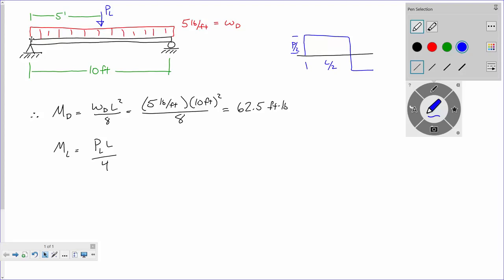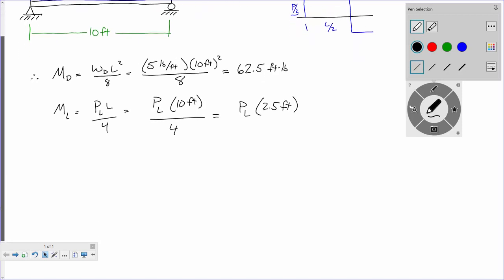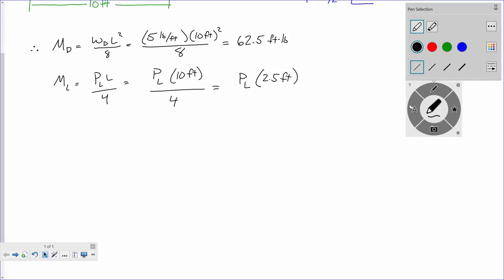Okay. So that is P_L times 10 feet over 4. Maybe I should write that in a little bit more of a subscript fashion, clear it up a little bit. P_L times 10 feet over 4, so it's P_L times 2.5 feet. We don't know what P_L is yet, right? Everybody, is that fair? So therefore,